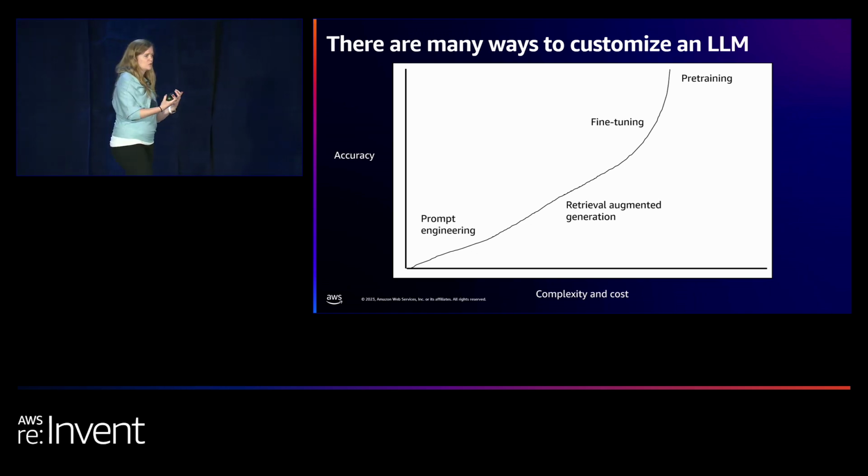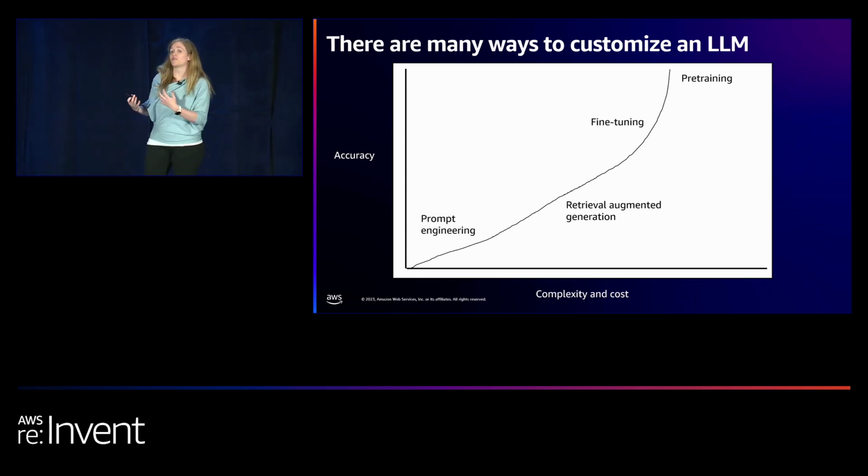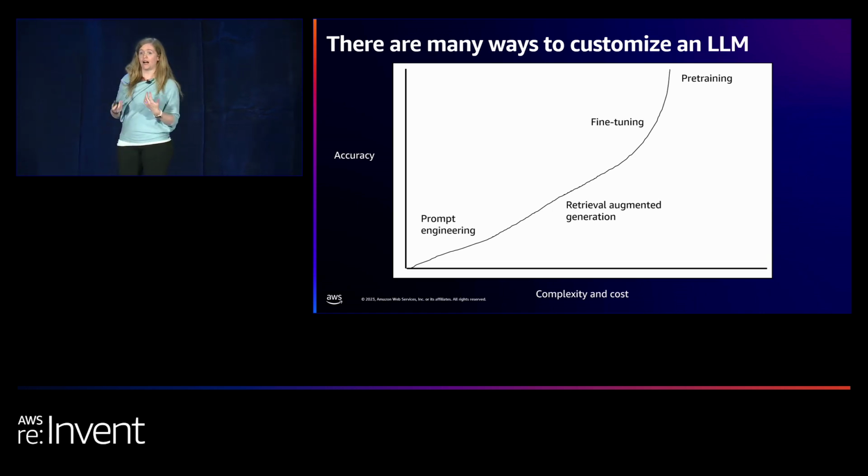This then gradually morphs into a fine-tuning process where, again, you're using your data to customize a model, and then pre-training is sort of the holy grail where you access large data sets and create your own models. And the only problem with this curve here is there's no point that says where you should start. It's not immediately obvious where we should optimize our development and deployment teams in this lifecycle.